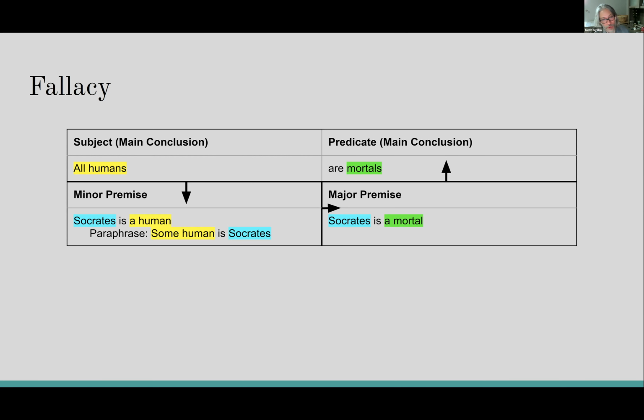If we move over to the major premise, we have Socrates is a mortal, and so the rule overlaps well with the predicate of the conclusion. The weakness of this argument truly is the strength of the conclusion versus the strength of the minor premise. You can't reach a conclusion about all humans when your premise only justifies a middle term applicable to some humans. So that's also a fallacy. That's an invalid argument. And with no indicators whatsoever, we would still know the conclusion of that 3-sentence argument.